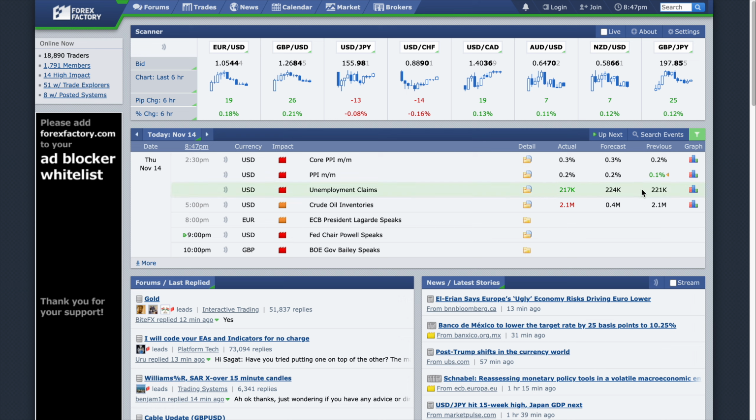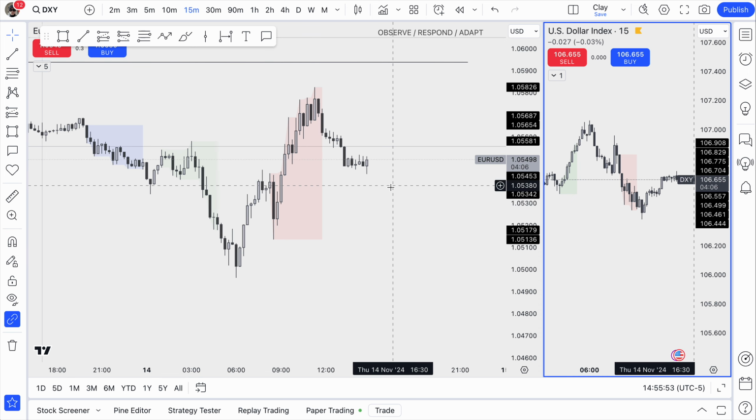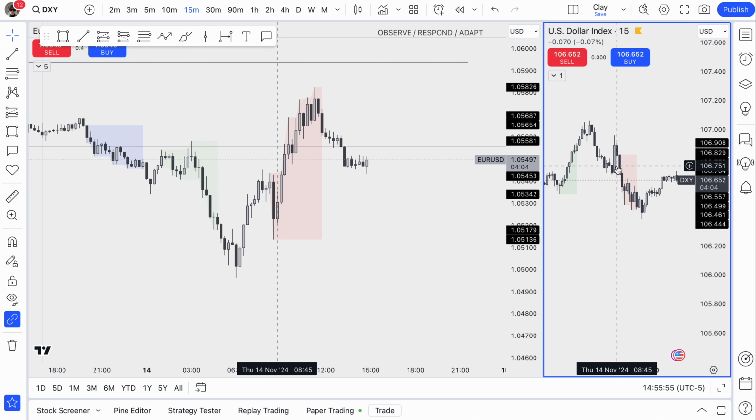But anyway, it was 221,000. The forecast said 242,000, which was absolutely not true. I imagined we would have more unemployment this year, which may be an increase, but in this case we got a decrease, which is positive. We have fewer unemployed people, which skyrocketed the market because that's good for the dollar,